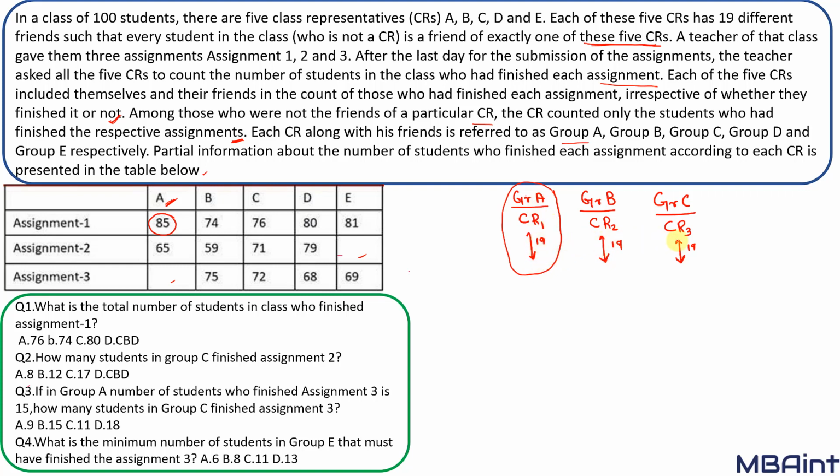Plus he would include all the other members of the other groups, that is group B, group C, group D, group E. We have 4 other groups. So all the members of the other groups who have completed the assignment. Now one important point to make is that each group contains 20 people. Now the maximum difference between these numbers